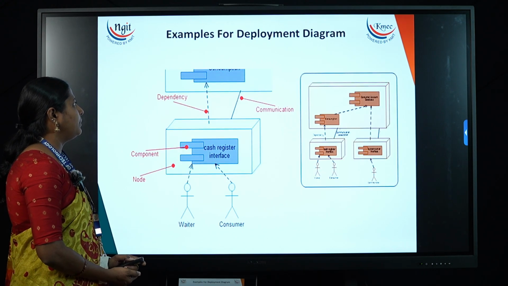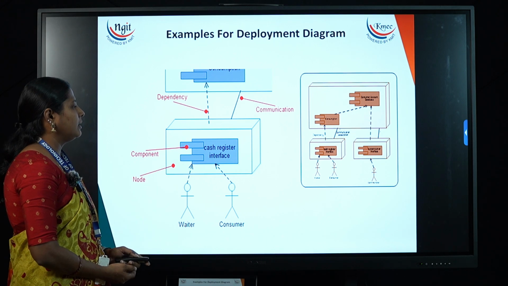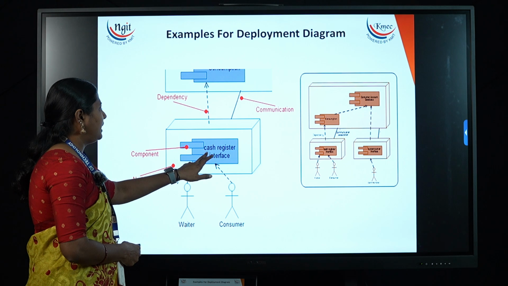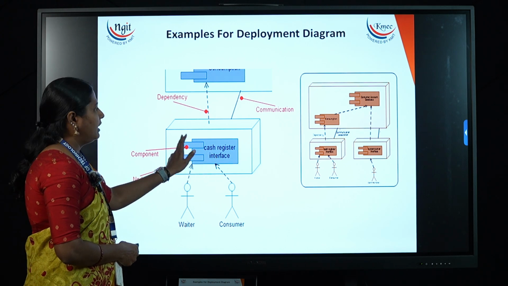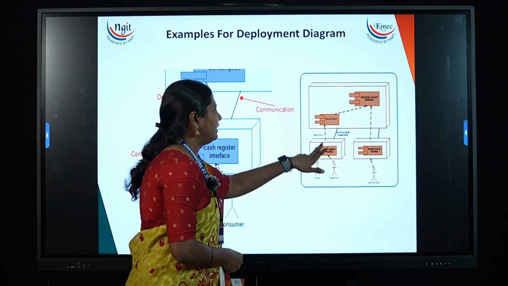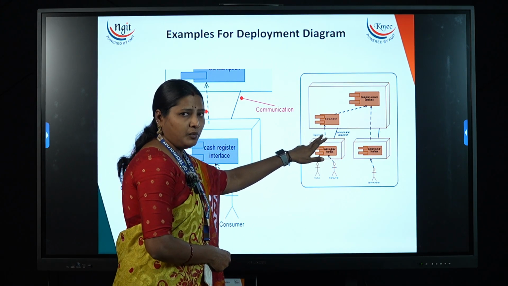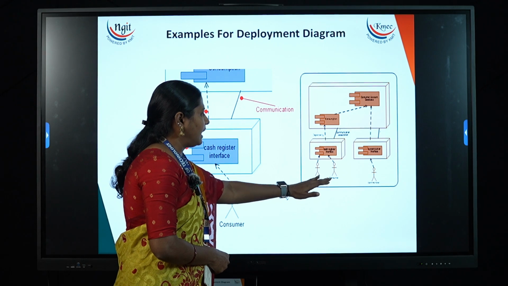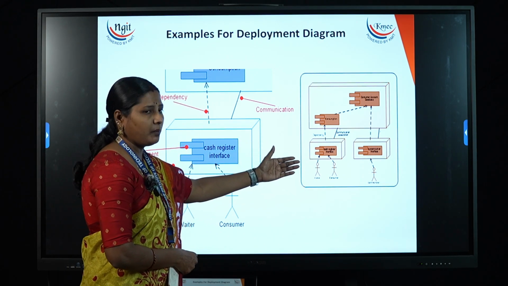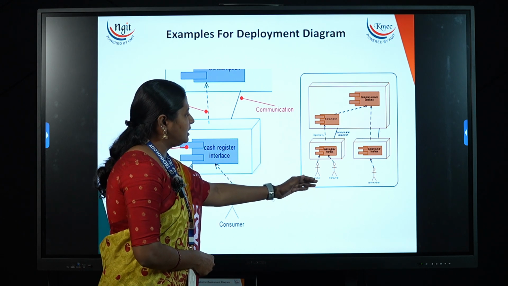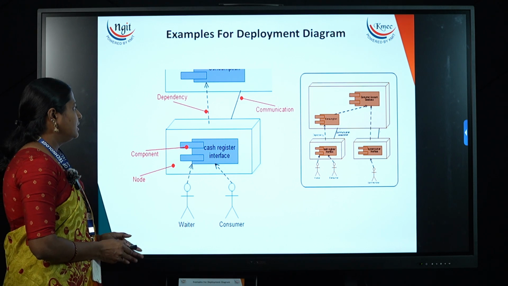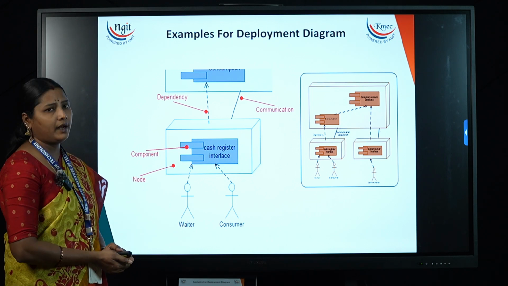This is a simple example of how to draw the deployment diagram. These are the elements that we can see: the component element, inside which we can represent the name, and outside we can see the node, and each and every node is connected with a link which is called a communication link. At the same time we will have actors. Actors will be external to this deployment diagram. From the external, these actors interact with the components or the elements. So this is the way to draw a deployment diagram.